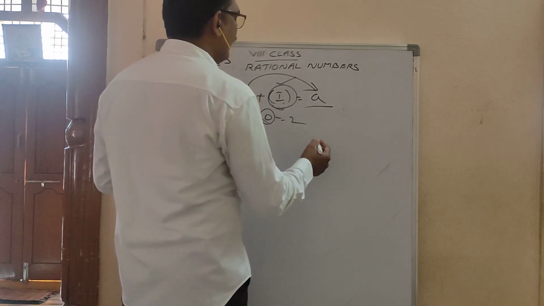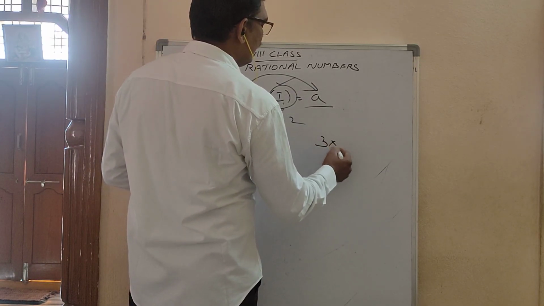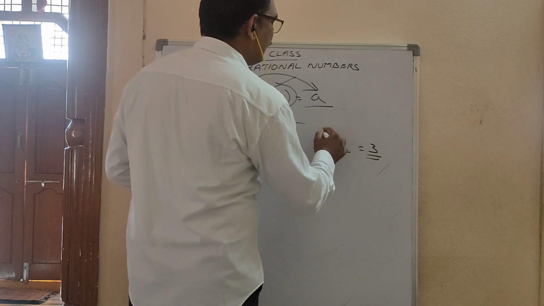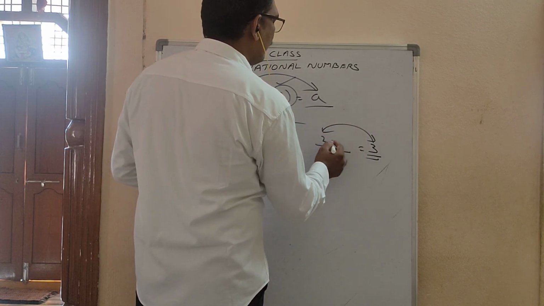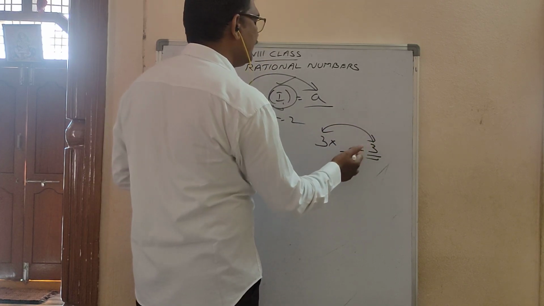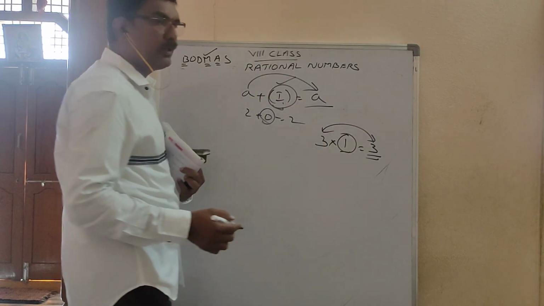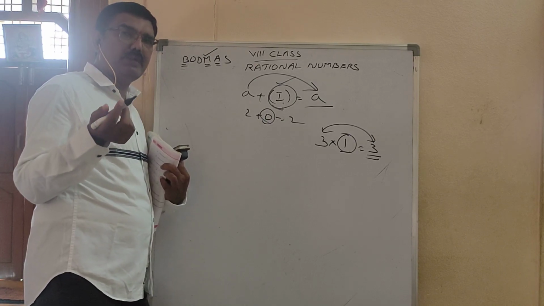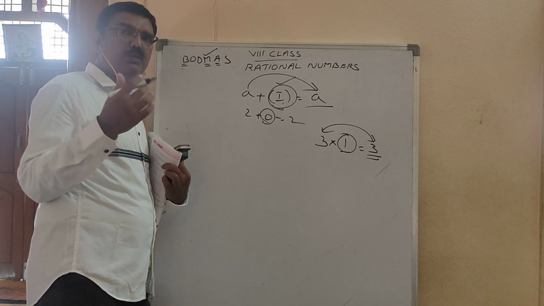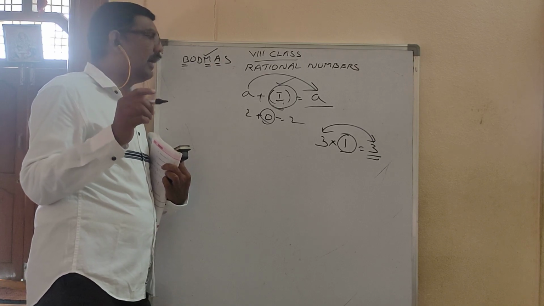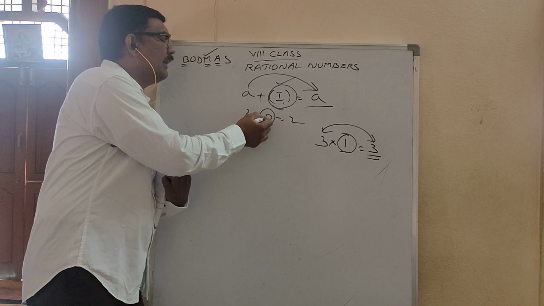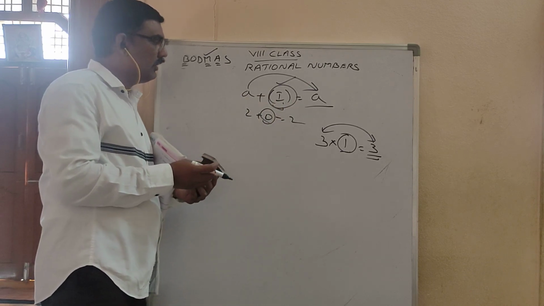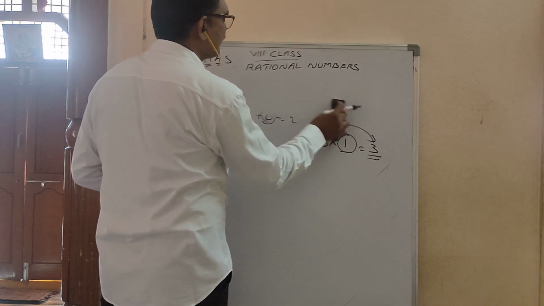Next, multiplicative identity. You have to take one number, multiply it with some number, and get the result as the same number. You are doing multiplication, but the number is not changing. Like that number is called multiplicative identity. 3 into 1. So any number, if you multiply with 1, you are getting the same number or not. So 1 is called multiplicative identity. So additive identity, multiplicative identity. I hope that you understood. Then we will go for inverse.